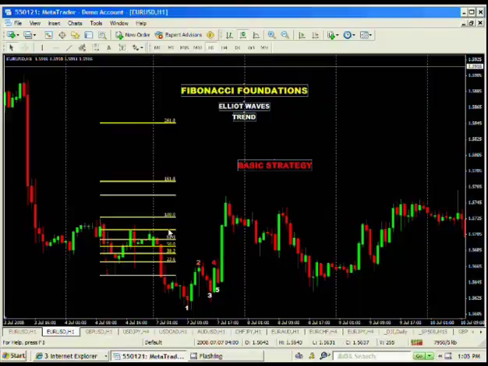From my experience, I've traded currencies, stocks, bonds, metals. I've traded all the markets, and it often seems that the currencies are the most manipulated, and because of that,